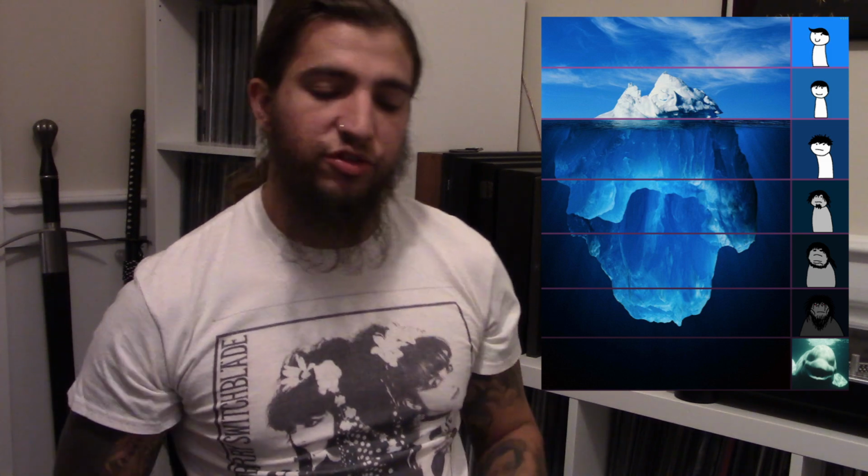These are always fun to make, so I figured I'd make another one. This is the Industrial Iceberg chart. I've already made a handful of these charts on my channel, so I'm not going to bother wasting any time describing how this template works. But there's going to be 7 tiers, and as I stated, it's all going to be about industrial music.